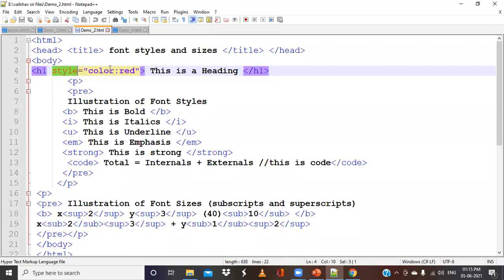Color is a particular value. Instead of color I can take font style, font size and so on. So I'm making it color and giving it red, and whatever information I'm giving here will appear in red color. So this is the example for attributes.